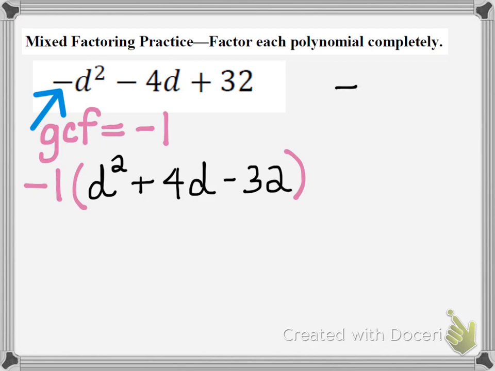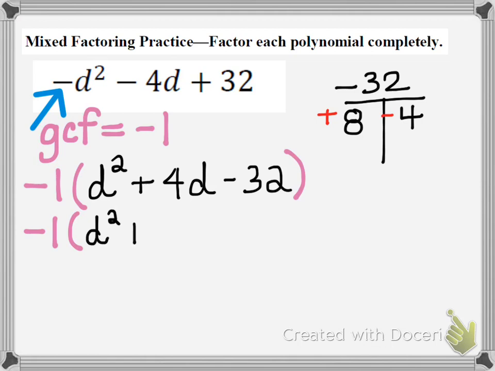So we're looking at the constant -32, and we want to find factors of -32 that add up to +4. So we want to use the factors 8 and 4, and we want the 8 to be positive and the 4 to be negative. Now, we can do the grouping or the AC method here, where we turn the trinomial into 4 terms. So we'll keep our -1 on the outside, and then we have d squared plus 8d minus